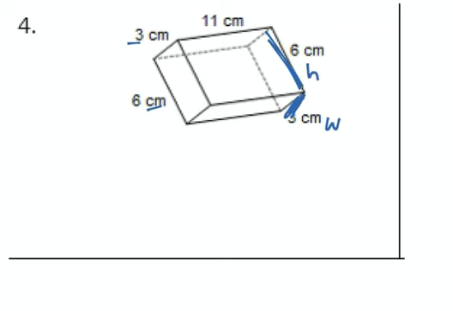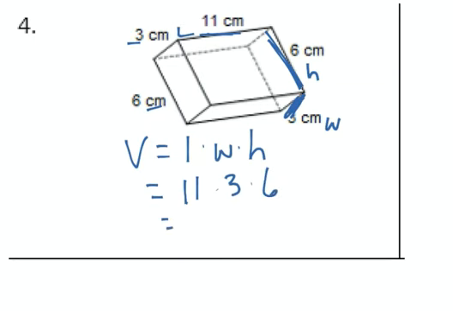And then we have 11, we'll say that's the length, okay? So again, volume equals length times width times height. So we're going to take 11 times 3 times 6. And if I multiply those out, you should go ahead and multiply them out on your own. You should get 198